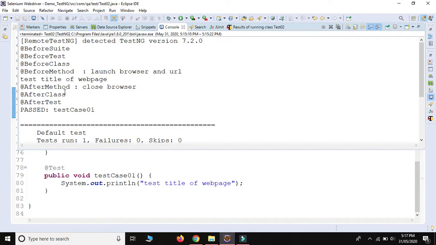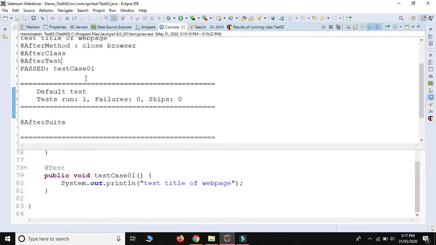Before executing before class, it will execute this @BeforeTest. So same, after executing after class it will execute the after test annotation. This is the up to down, this is the down to up. This is the ascending way and this is the descending way.